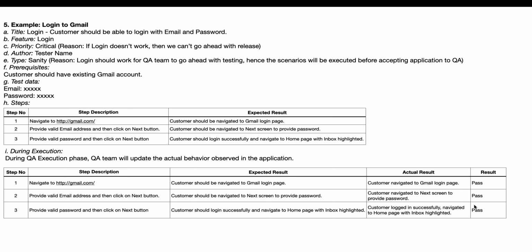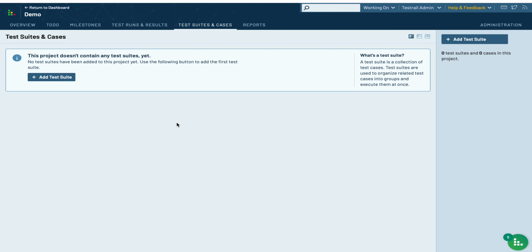So this is how we document a test case. And then let's go through a demo on how we do the same steps we discussed: creating a test case and executing a test case. So I'll give a demo in TestRail. So the way